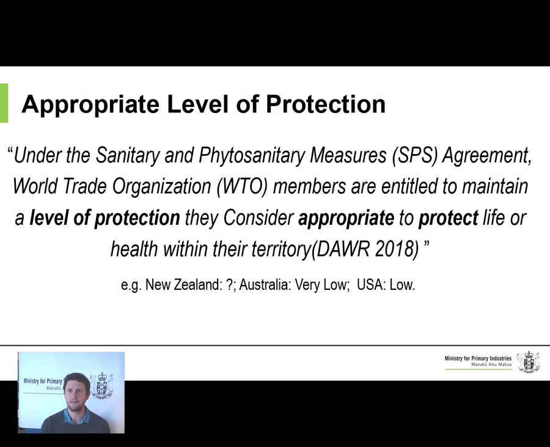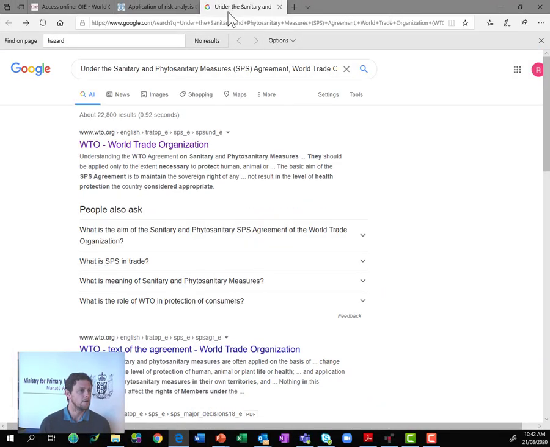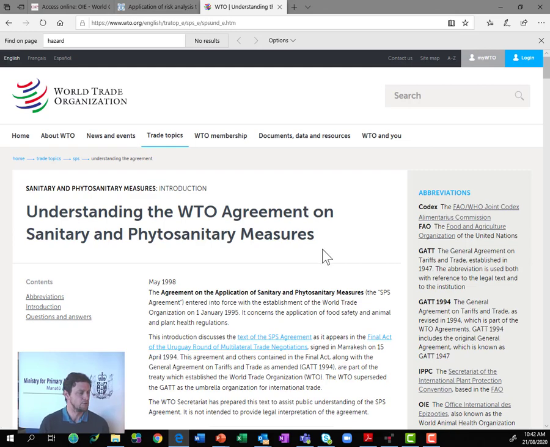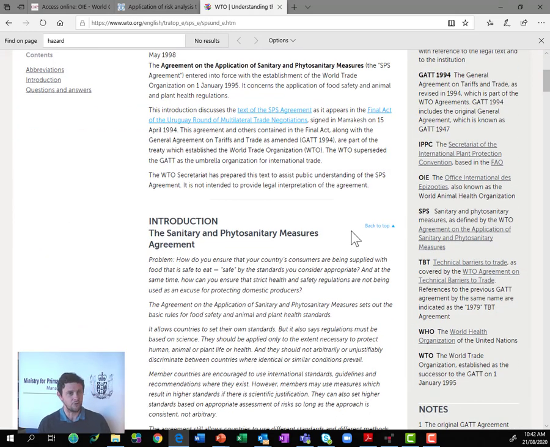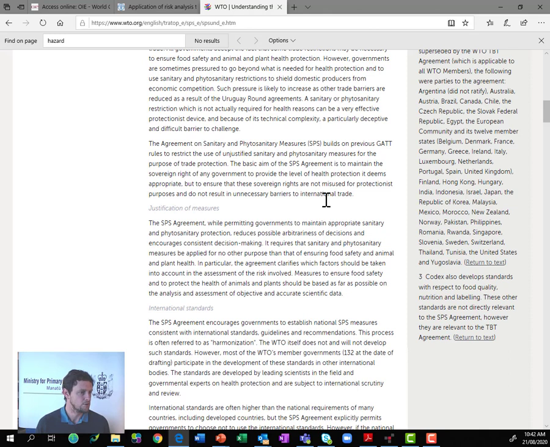So again, we have a look at the World Trade Organization guidelines. Again, another really great website to consider when developing sanitary and phytosanitary measures and their impact on import health standard development. If we come down to